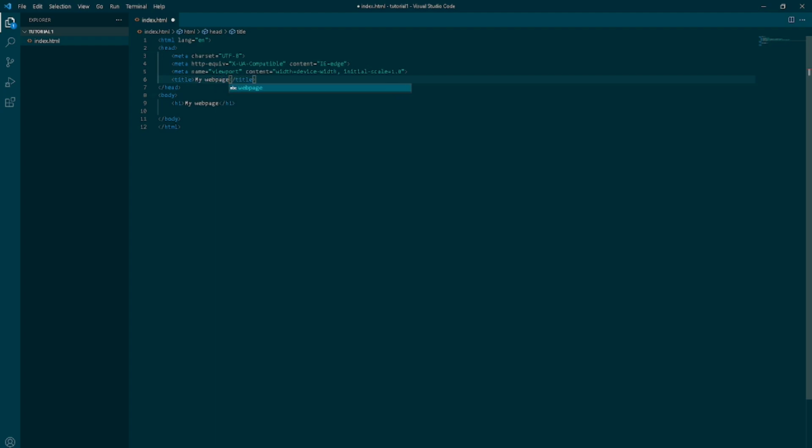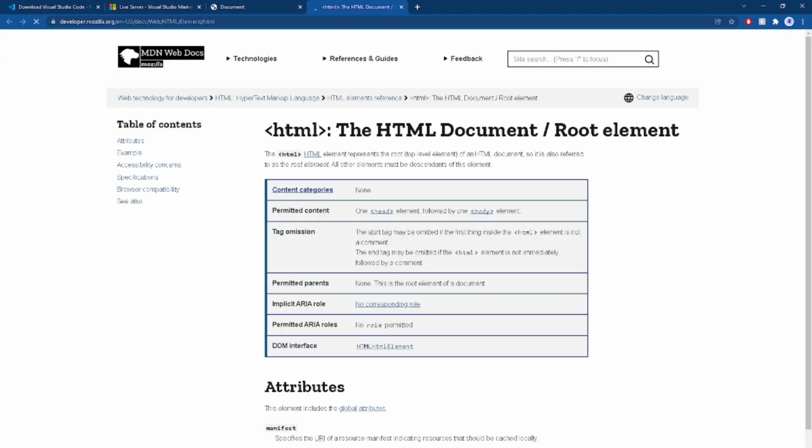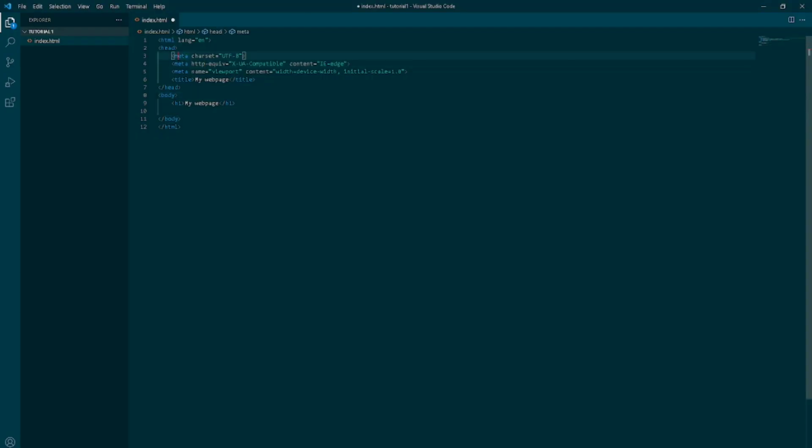Oh yeah, and let me talk about the semantic elements within the code that we have right now. Essentially, your HTML tags just define that you have an HTML page. Everything you write within here has to be within your HTML tags, or else it's just not going to come up